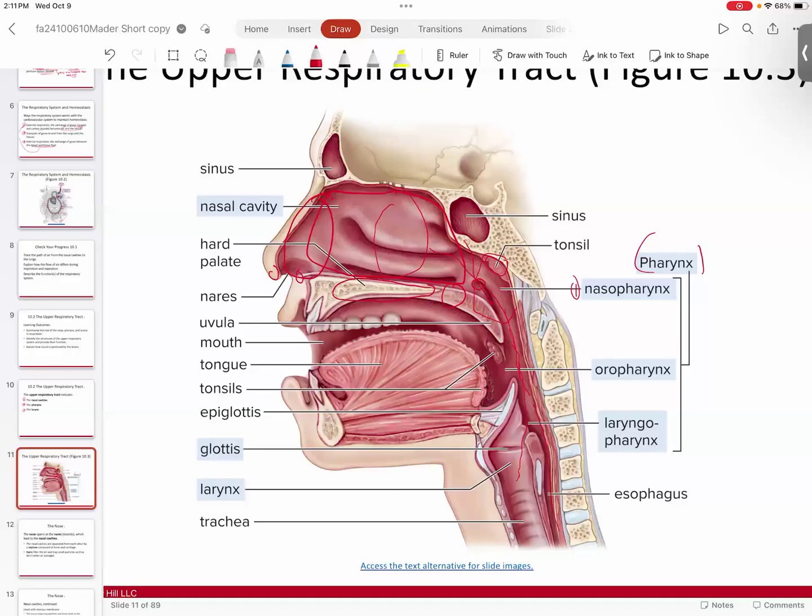So that's the nasopharynx. The oropharynx is the region of the throat that's right behind the oral cavity, right? And so you have a couple of tonsils here as well. So here's another tonsil right there. That's the one you can see when you open your mouth. You go, ah, right? That's the one you can see on the sides. And so this one basically is where you have the food bolus that comes in. So when you're chewing your food, you push the food to the back of your throat with your tongue. It passes your uvula, which is the very tip of your soft palate, and then it goes down your esophagus